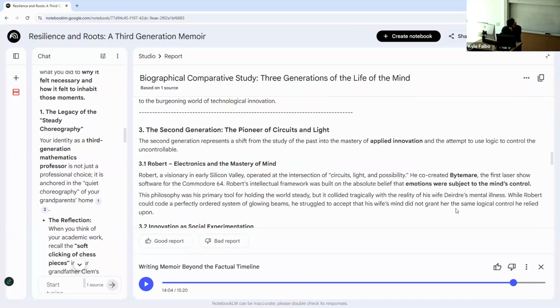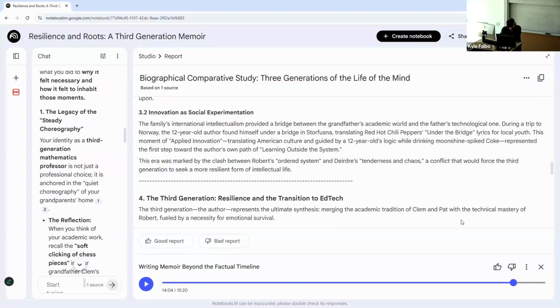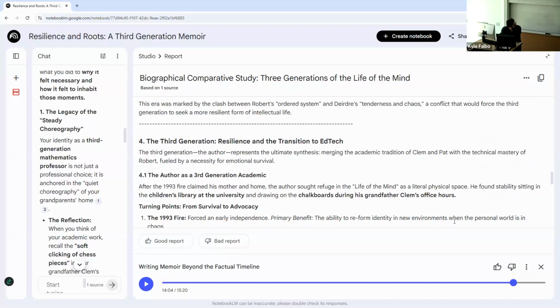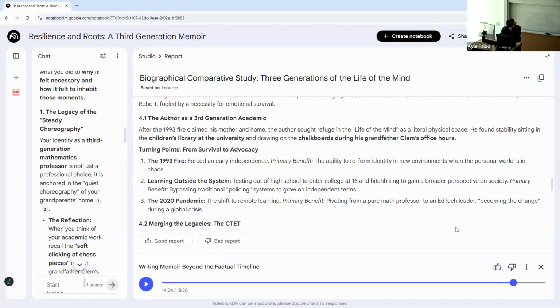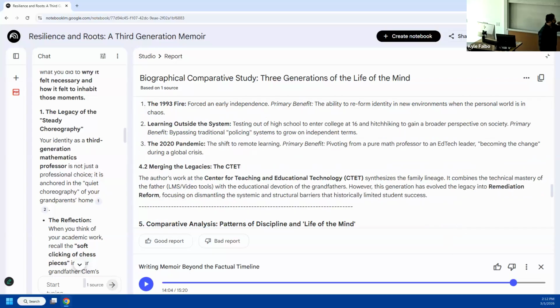Second generation, my father, talking about electronics and the mastery of mind, innovation as a social experiment, and then me, this resilience and the transition into ed tech. And I thought this was really something, and I shared this with my boss, right? The author's work at the Center for Teaching Education synthesizes the family lineage.